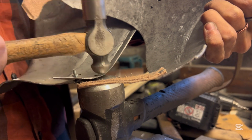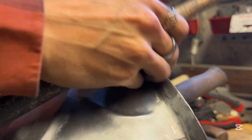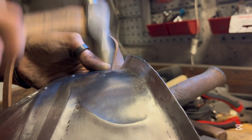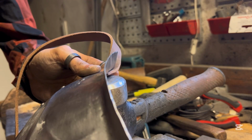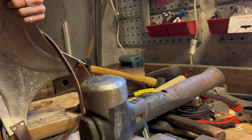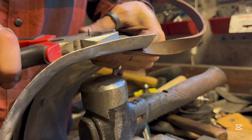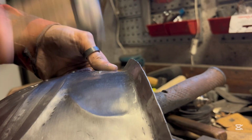And then on the piece where I screwed it together, it gets a decorative rivet that makes it look like it's riveted to each other, but actually it's the leathers. And here I'm doing the last row of rivets on the leathers on each side there. You can see I've already attached the straps,